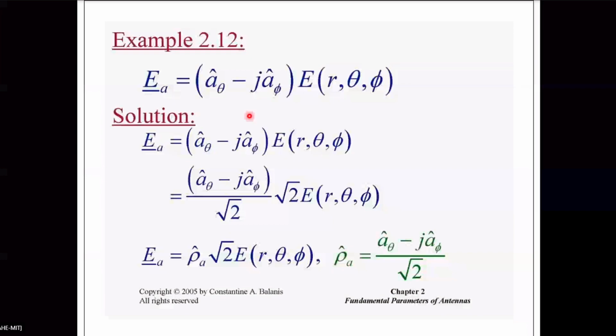Yes, sir. Minus j square is 1. So why the extra root 2? You tell, do what I said. He might have used it to convert to an RMS value, or no. I don't think it is RMS, so I think this is wrong here. You follow what I said. You divide this vector by the magnitude of the vector. This will cancel out. So the magnitude of this part is 1 square plus minus j square.